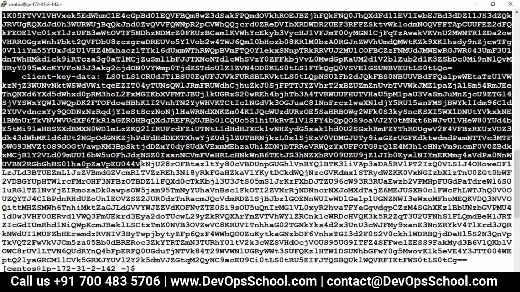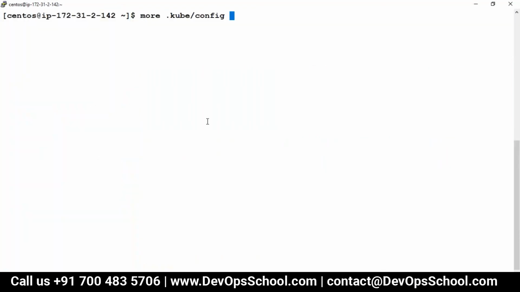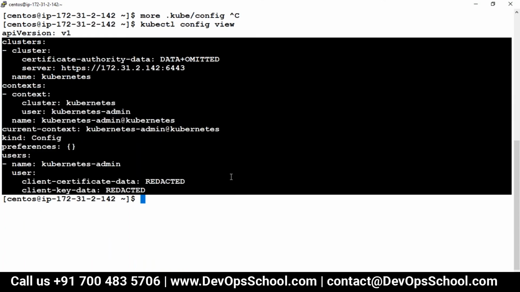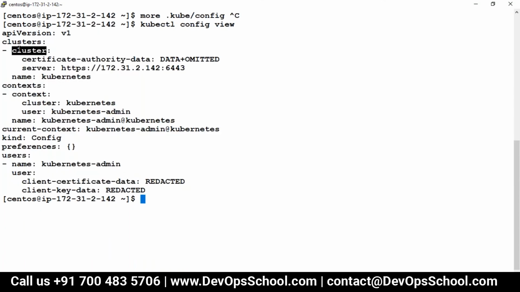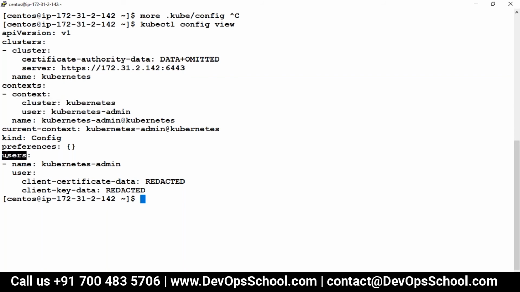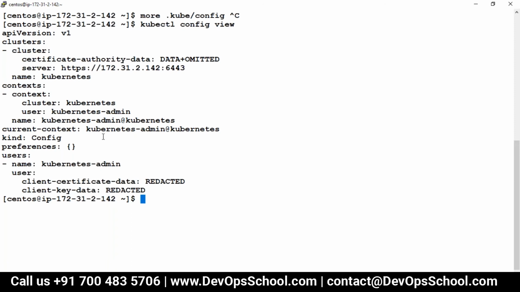The certificate is pretty huge. Now, if you want to see this data in short format, run kubectl config view. See here, this is the short format. You have clusters with one cluster, contexts with one context, users with one user, and current-context, which is default.